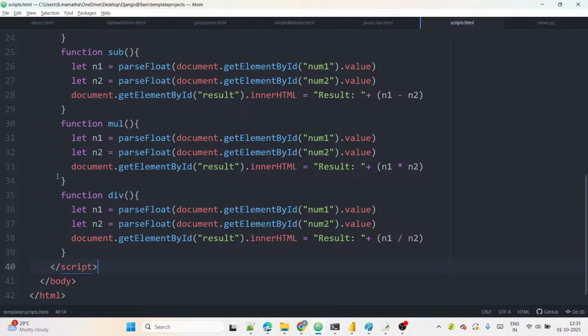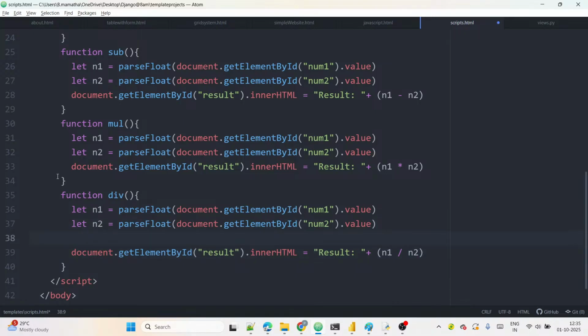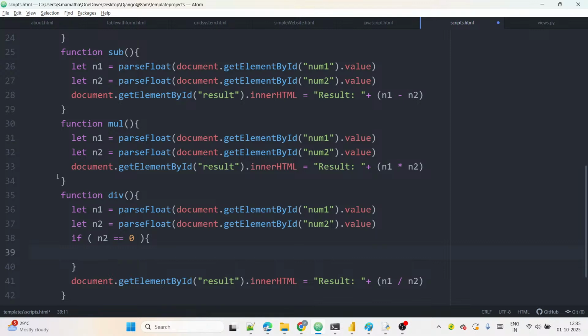For that, here only, where we take the two numbers: if n2 equal to 0, then what I want here? I want to display the message there only. So document